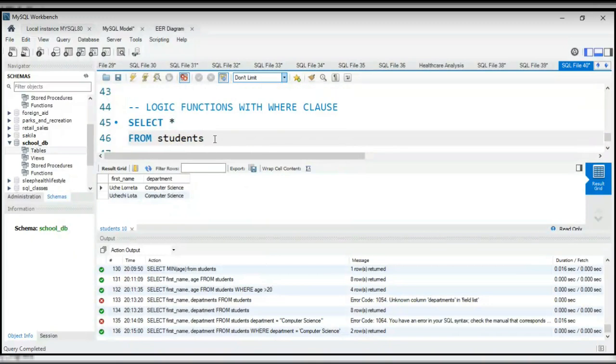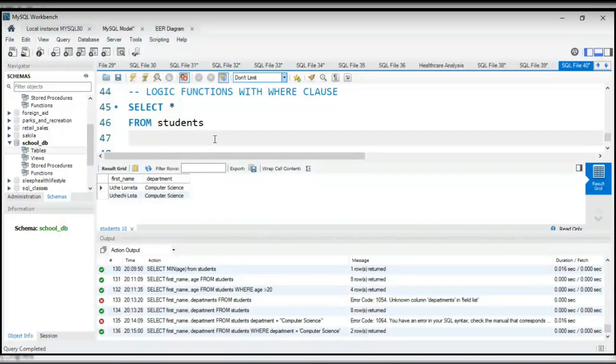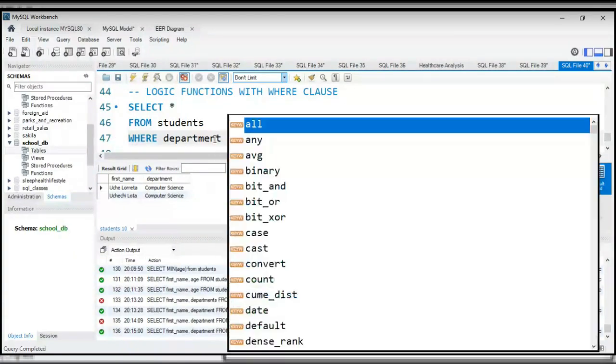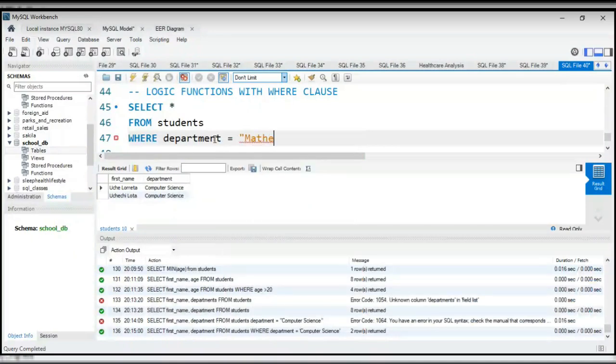So select everything from students, and of course, for us to filter, we use the where clause, where department in this case is equal to mathematics. I like to use double quotation marks just so I'm consistent. If you want single, start with single and continue. So where it is mathematics,